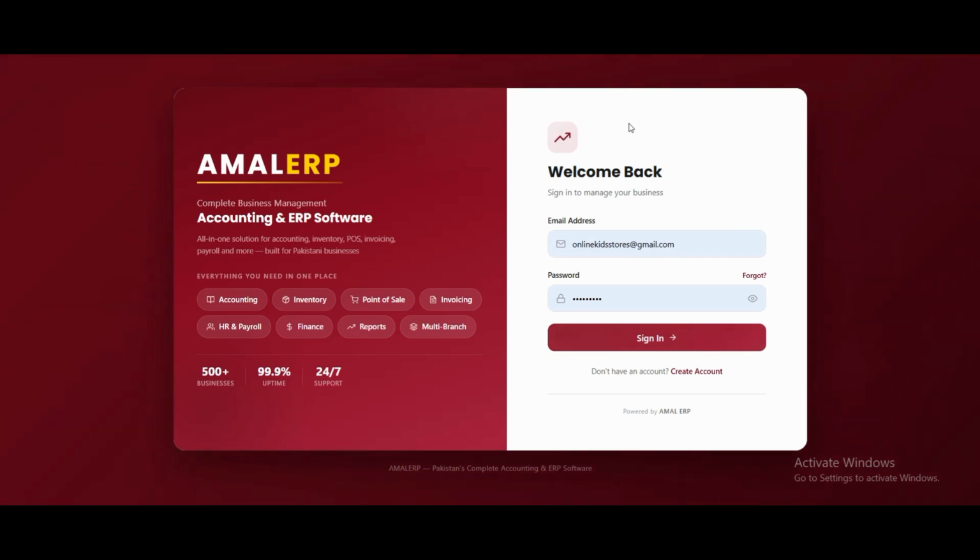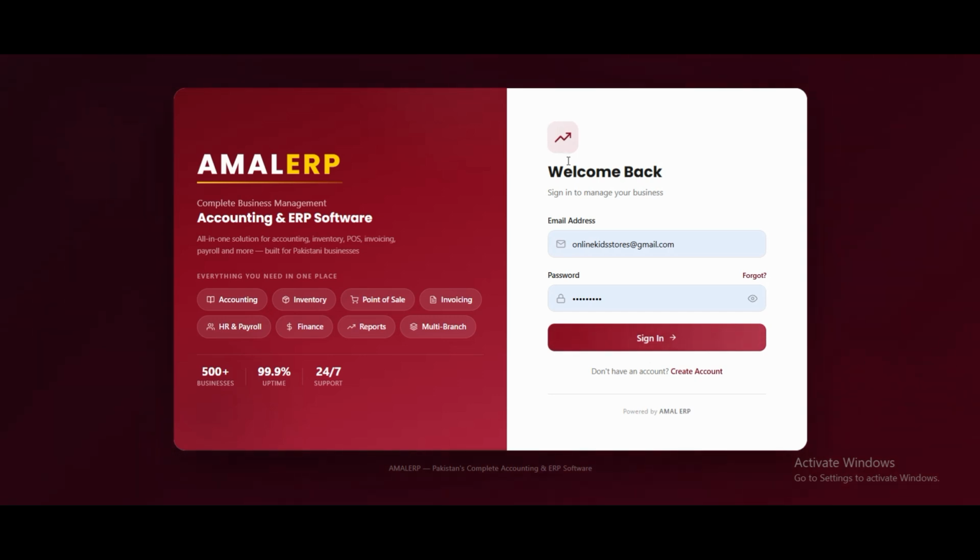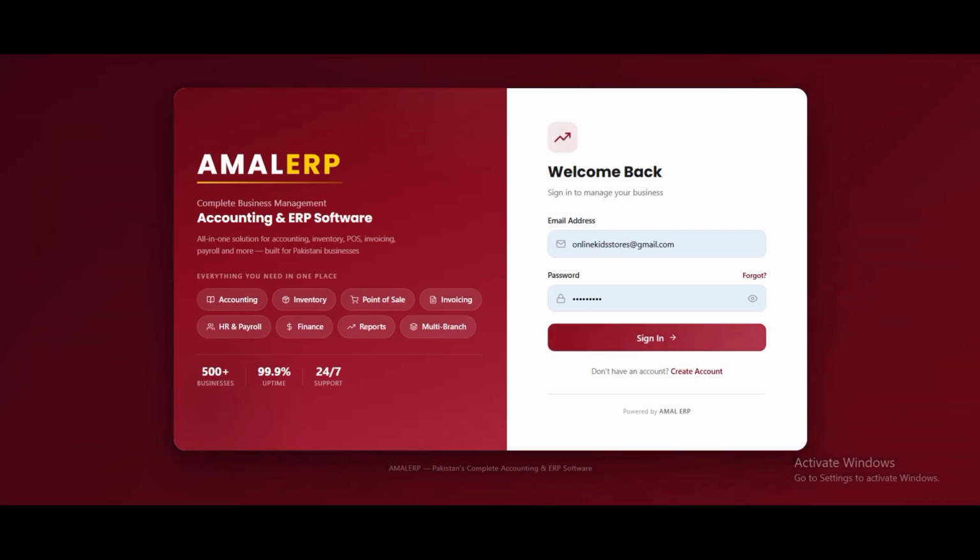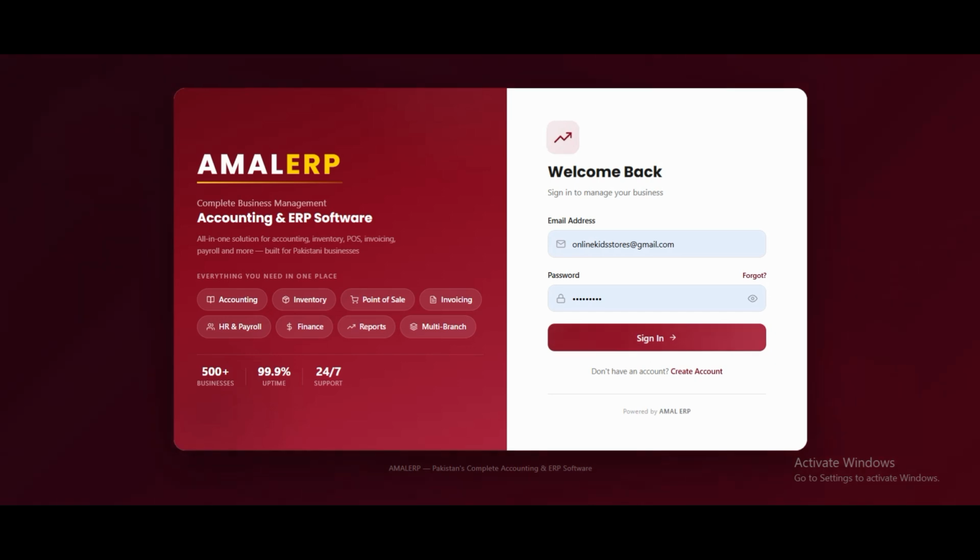In today's video, I will show you a complete cloud-based ERP management system. It's basically designed for UAE, Saudi, Gulf businesses where you can manage your inventory, accounts, sales, purchase, production, your staff salary, HR, each and everything you can manage in this. And the best part is this software is AI enabled software.